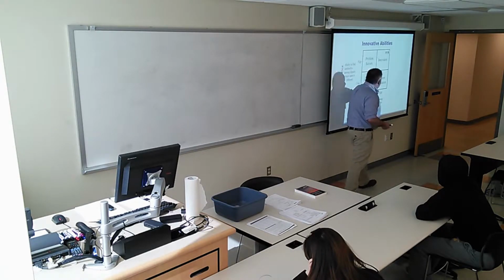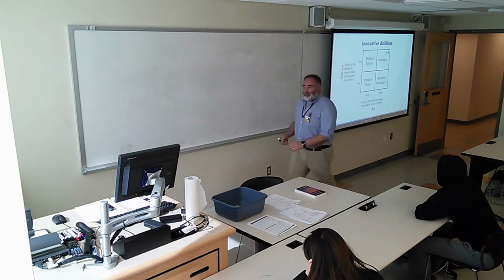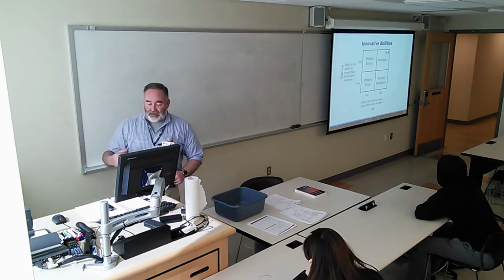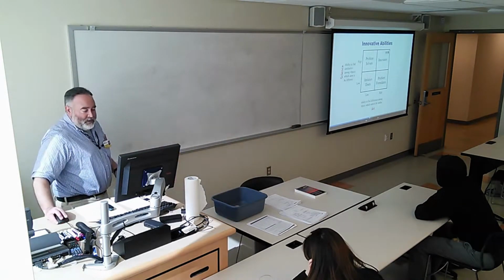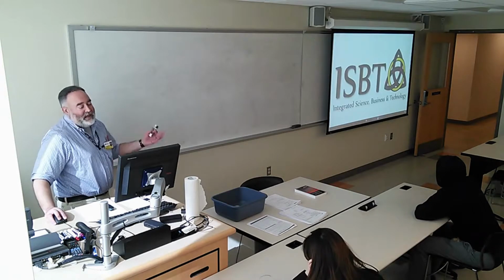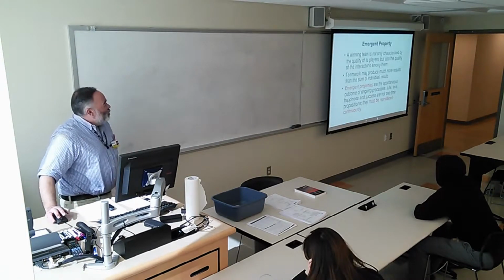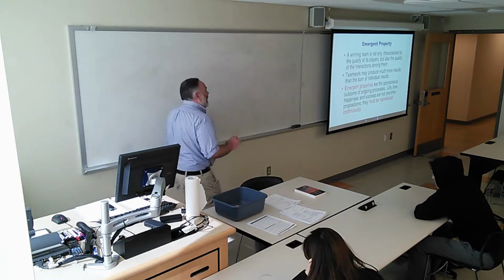We have no problem looking at this as a graph with an x-axis this way, a y-axis this way, sort of the origin down here. So low to high, but we can talk about art and science at the same time. That's a big conversation. It's something that we definitely talk about inside ISBT because we like to integrate both of these ways of thinking about things. And yeah, I keep on throwing our name around. That's what we do. We then talked about emergent properties.